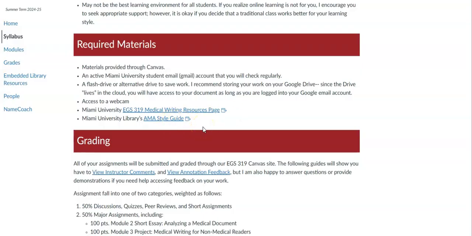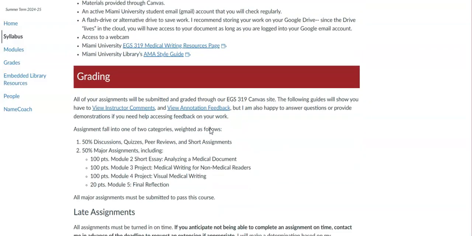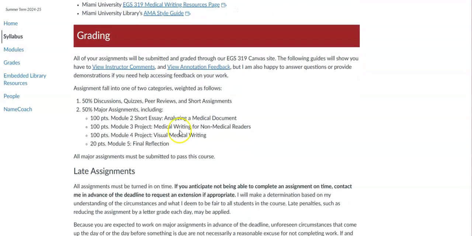And you may wonder what AMA is. It's a citation style used in medical writing, and you're going to learn about that. So we have our own page that the library set up for us, and that's going to be very helpful. Here's the general grading overview, and of course, you're probably already familiar with how to access